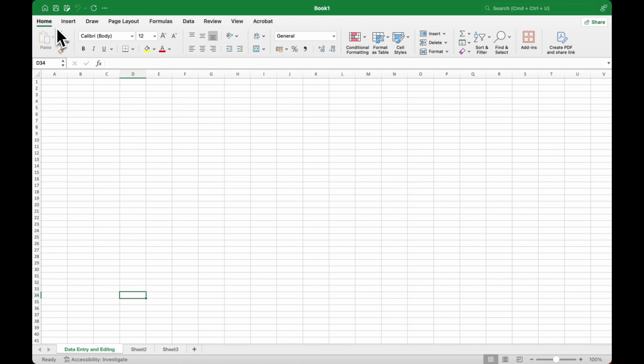And at the top, you have the ribbons, and the ribbons are categorized into groups. In the previous video, we investigated what each ribbon contains and the different uses of some of the functions categorized in the groups. So today, we're going to be creating a scenario for our data entry